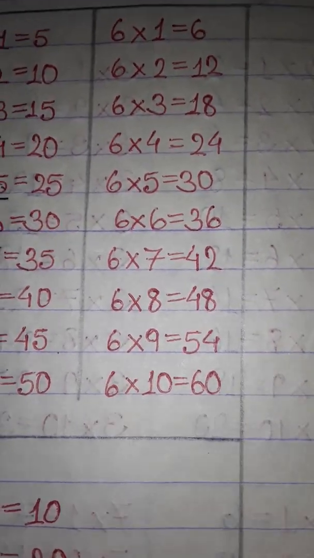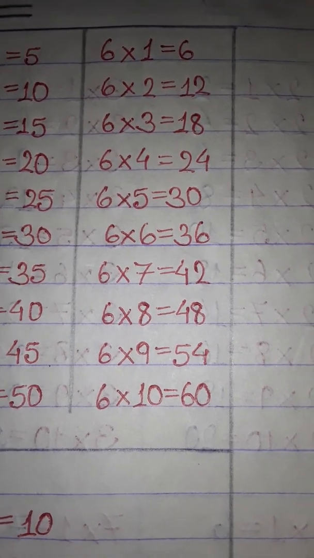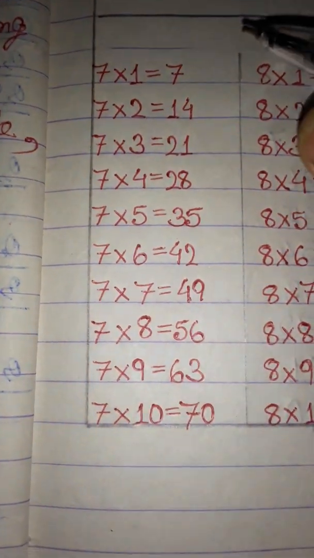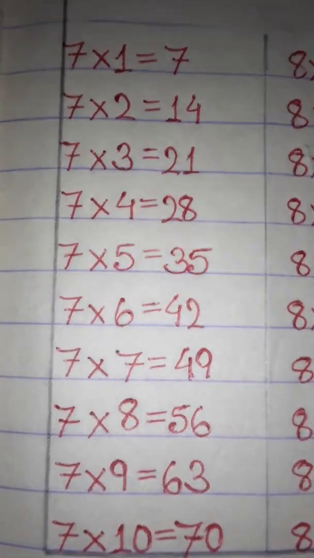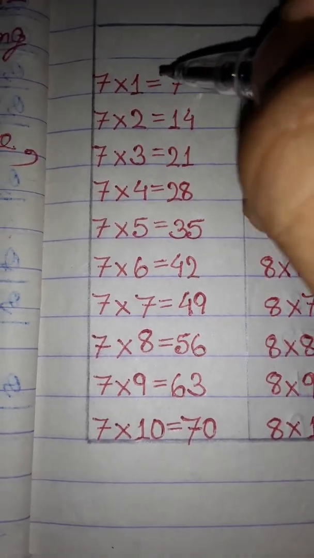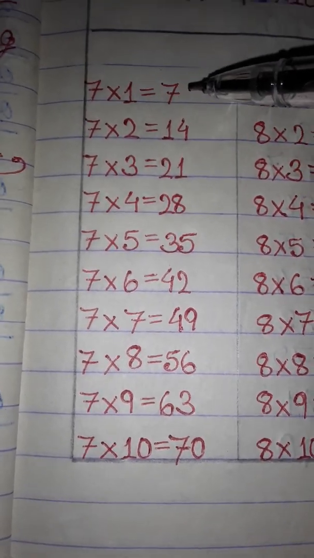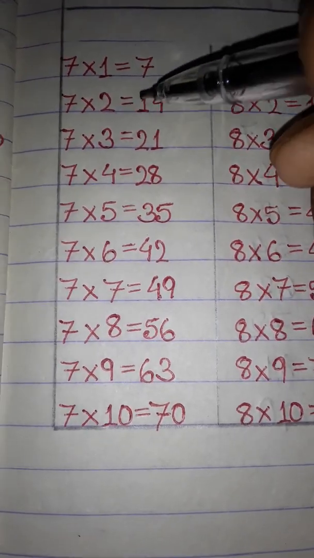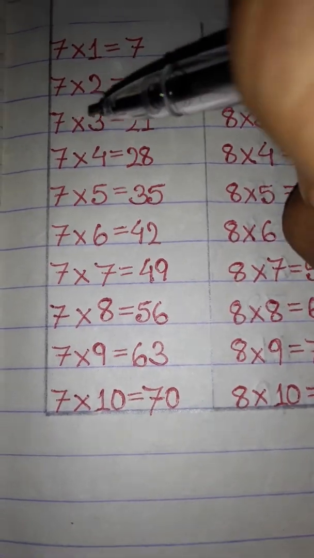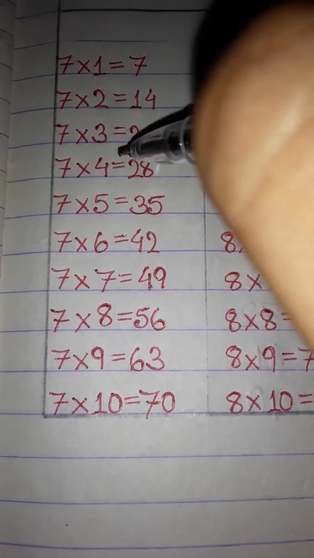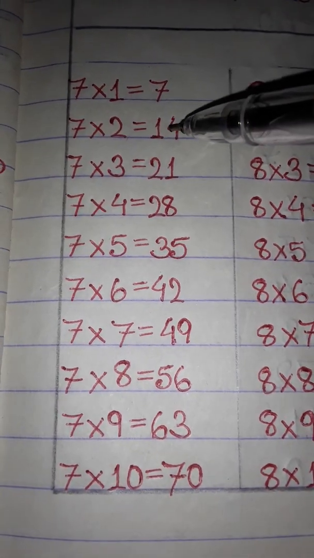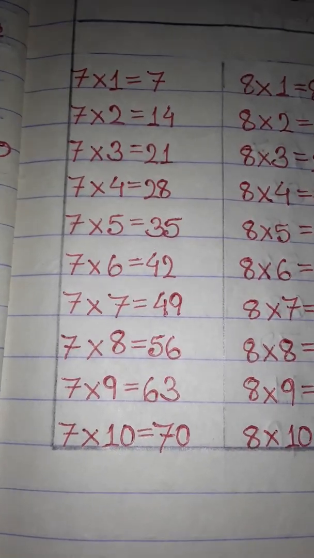Now I am going to the multiplication table of 7, so please do not skip the video. Now I have come to the multiplication table of 7. For this you have to just learn 7 into 1 and 7 into 2. So 7 into 1 we can remember as 7, and 7 into 2 is equal to 14. So the next one is 7 into 3. For getting the answer of 21 you have to just add 14 plus 7. The answer will be 21.